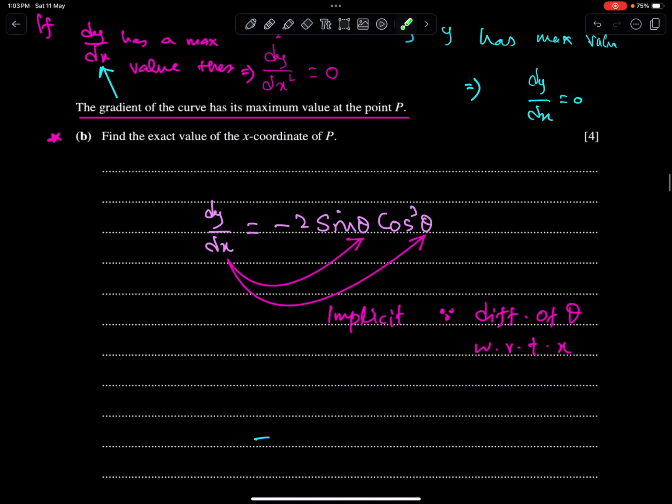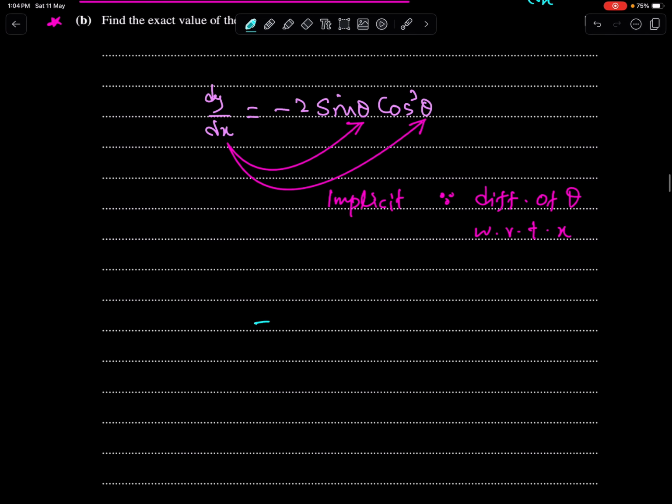And this is the gradient of parametric equations. And remember, the second derivative of parametric equations is always implicit. Why? Because the function is implicit. See, you are going to differentiate theta with respect to x. Whenever you differentiate different variables with respect to x, the function or functions will always be implicit. So this is implicit. Why? Because differentiation of theta with respect to x. Let's understand how to differentiate dy upon dx of parametric equations.